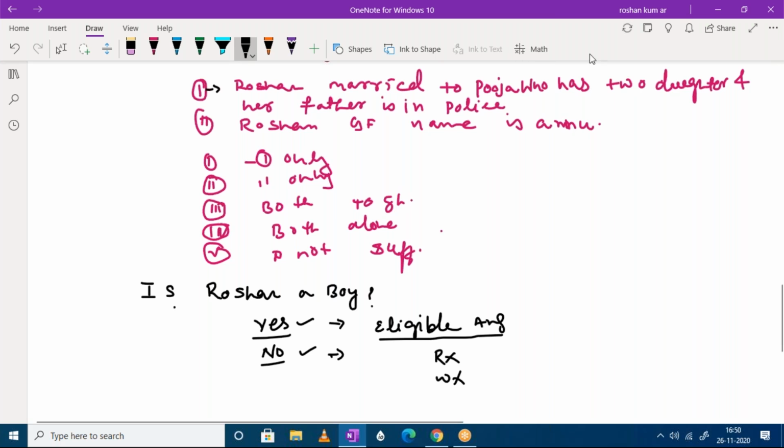It says that Roshan is married to Pooja, who has two daughters. There's nothing to do with this, who has two daughters, just random data they have given. And whenever I'm using this pronoun here, her, I'm saying that Pooja is a lady. And if Roshan is married to Pooja, it means that